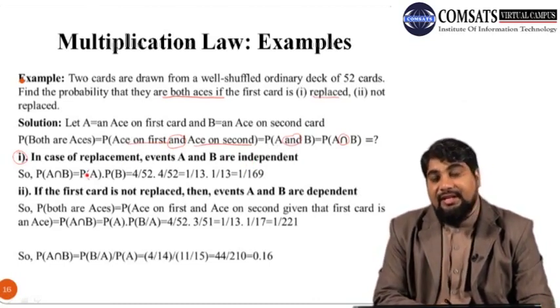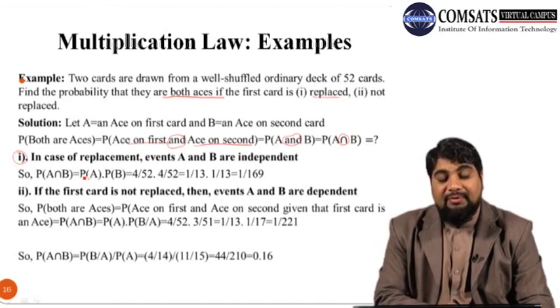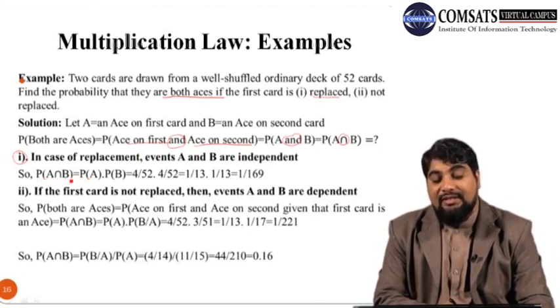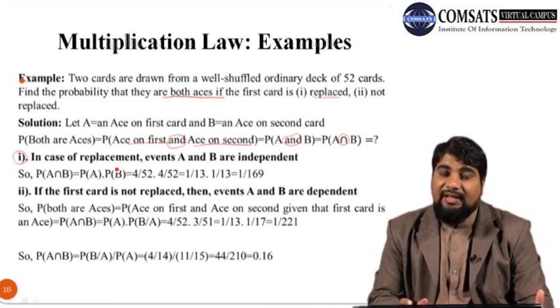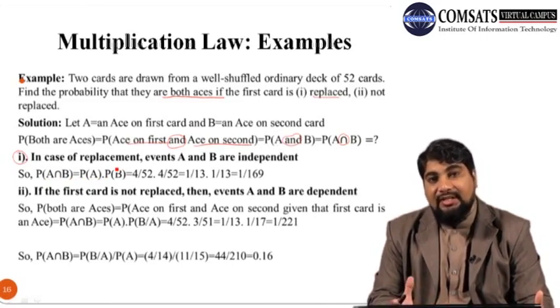If they are independent, then the probability of A intersection B is the probability of A times the probability of B. We have considered events A and B as independent because the first card is an ace card, its probability is